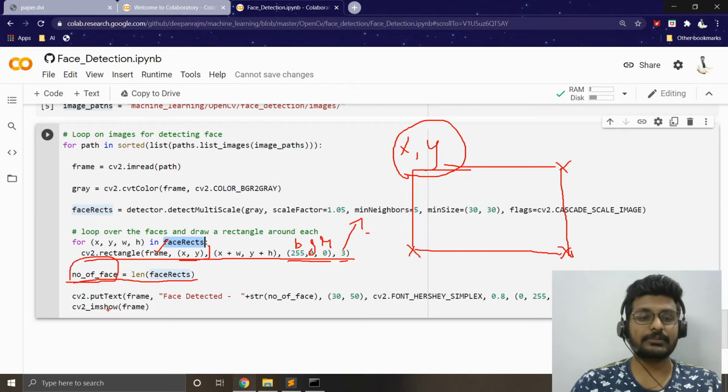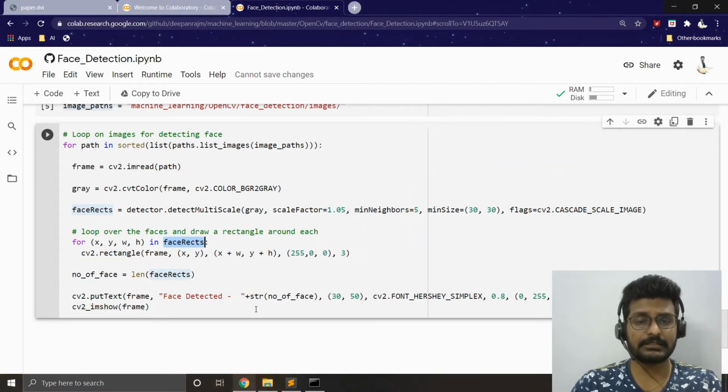Okay, so now I'm going to use another command to show how many faces are detected in the same image itself. So I'm going to use a command cv2.putText. So that's going to write a text onto my image. So the first parameter is going to be the image. The second parameter is your string. So here I kept a constant string, like "face detected -", and I'm going to pass this number of faces information. So I'm just converting this information into a string, so that we can concatenate this constant string with the variable string.